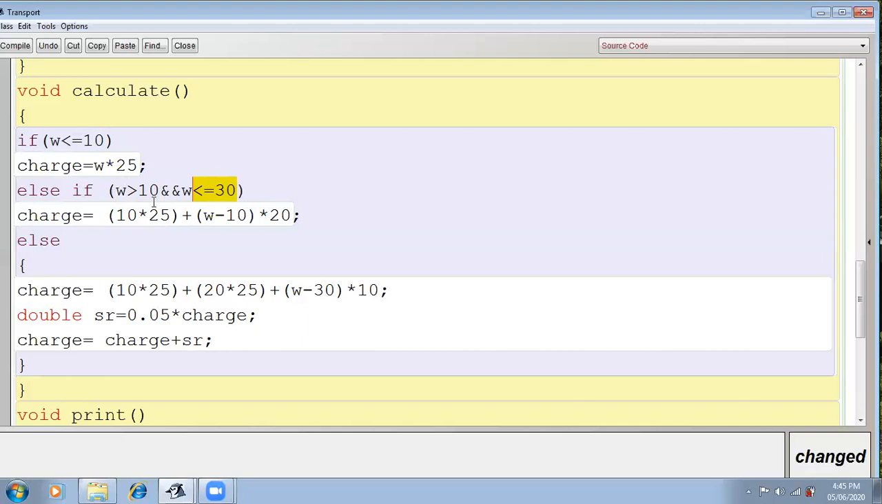As I told you, it is the slab system. So for the parcel, the first 10 kg will be calculated at 25 rupees, right? So the first 10 kg is calculated at 25 rupees. Then after deducting the 10 kg, the remaining kg will be calculated at 20 rupees. So weight minus means w minus 10, because the calculation of the 10 kg we have done here. Okay, then it will be multiplied by 20. Now else charge